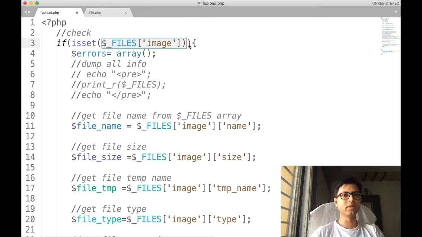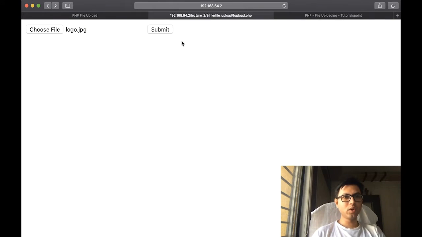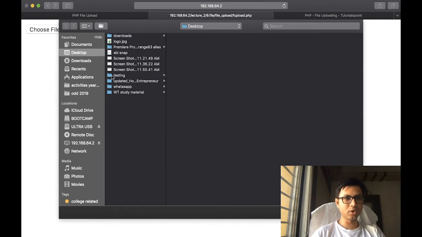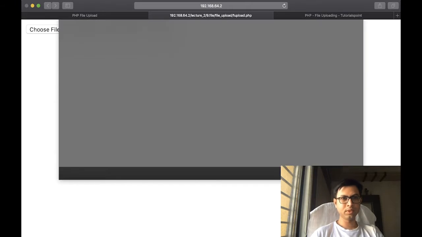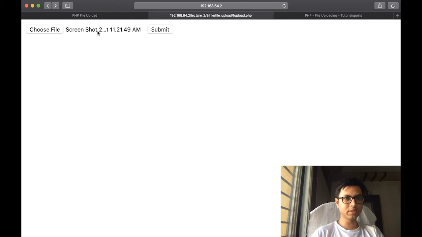So this code checks whether this image field of the form is set, using the super global variable $_FILES. As we know, over here we had already selected a file using this browse button. Let me select some other one. Let us select this particular image. So a new name appeared over here.